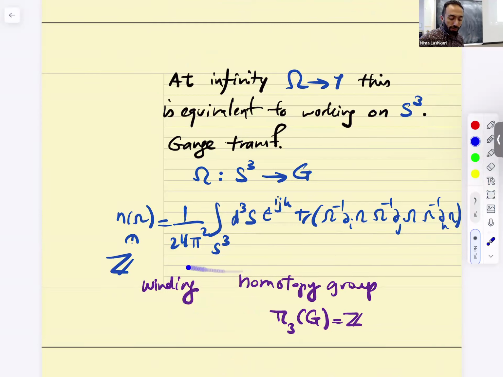If you know some homotopy theory, this integral for a gauge transformation like this evaluates to n. n is the winding number that labels the homotopy class in pi 3 of G. Why pi 3? Because we're in 4 dimensions. If we're in lower dimensions, what other dimension would matter here? The theta term you could add in even dimensions, so in 2 dimensions you could add it. Then it would be 1 dimensional, so you'd be dealing with pi 1.